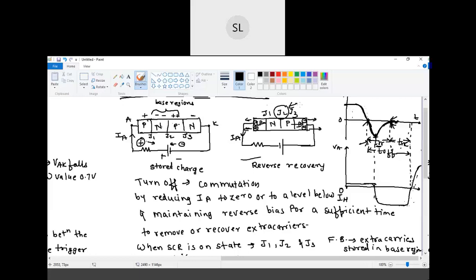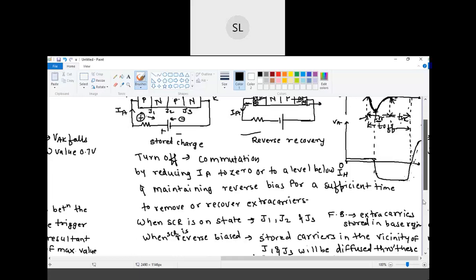Okay, so this thyristor will block the forward voltage only when the excess charge carriers that have been stored in this junction J2 have been recovered or recombined. So this inner junction J2 will require a certain amount of time to recombine these excess carriers. Therefore, the reverse voltage will have to be maintained across the thyristor until the charge carriers stored in the junction J2 have been recovered.